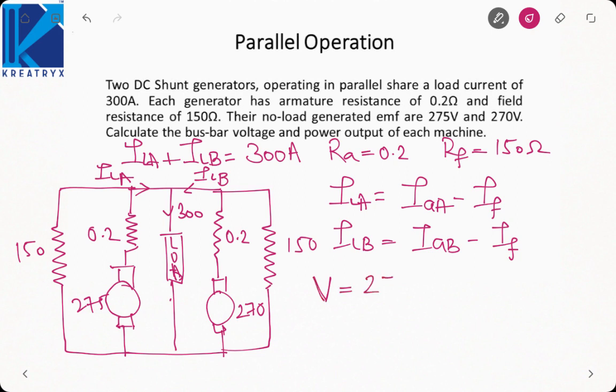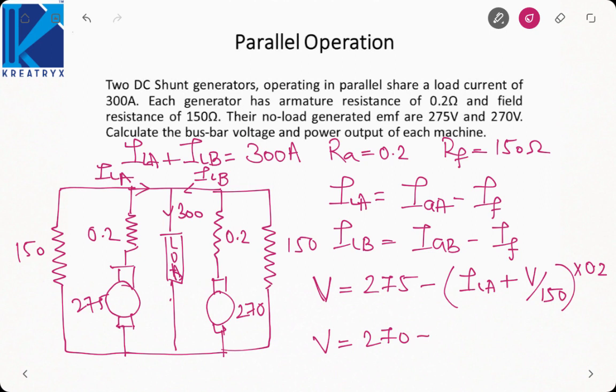So now if the terminal voltage is V, how will V be defined? EMF minus IA into 0.2. IAA will be ILA plus IF. How to find IF? Terminal voltage by 150. Similarly, V for the second generator is 270 minus ILB plus IF into 0.2, and IF will be the same, terminal voltage by 150. So now if you see, we have three variables, the load currents and the terminal voltage V. If you solve these three equations, what you will get is